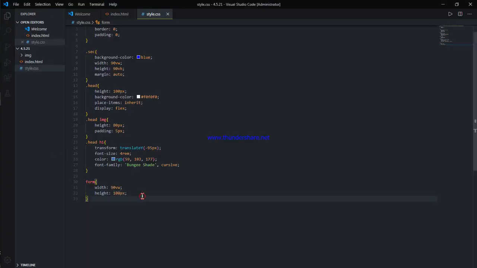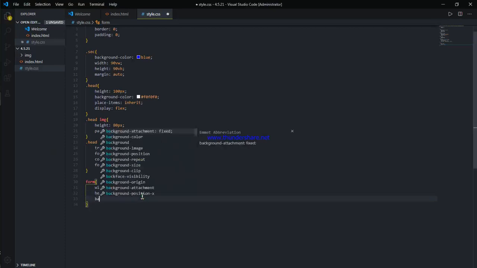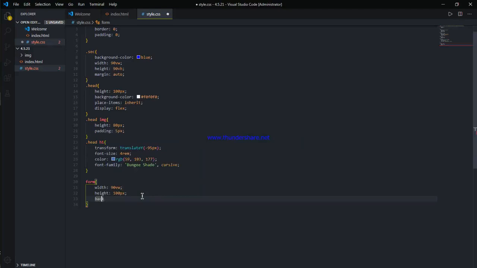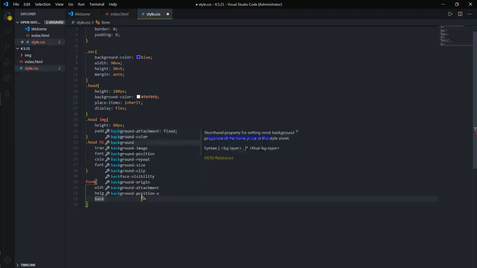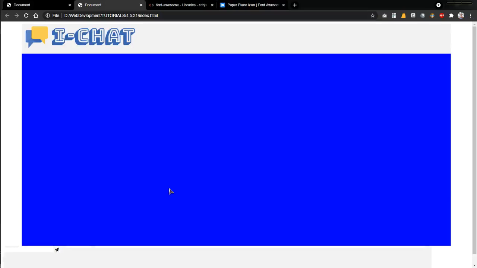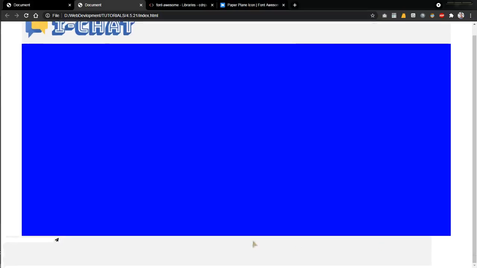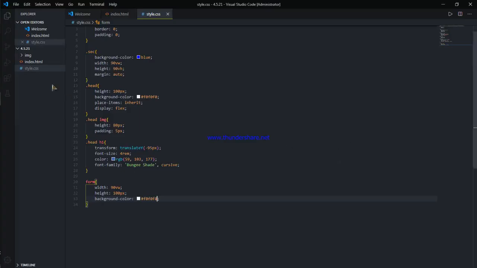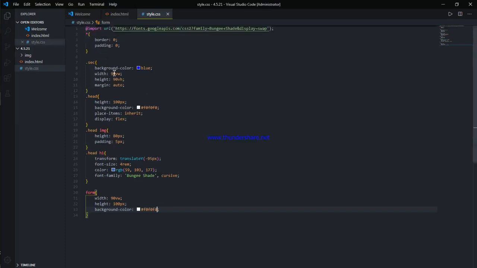And here it is. You can set background color. Background color is the same as we did it here, that is this. Restart it and you can see it happening right here.